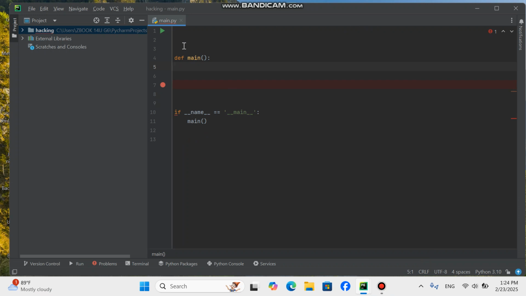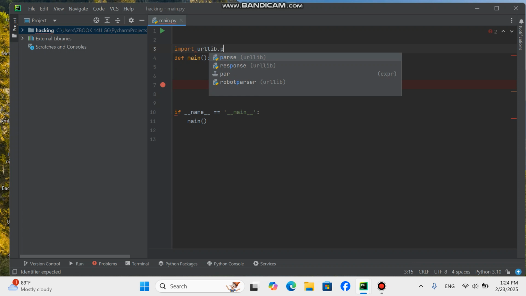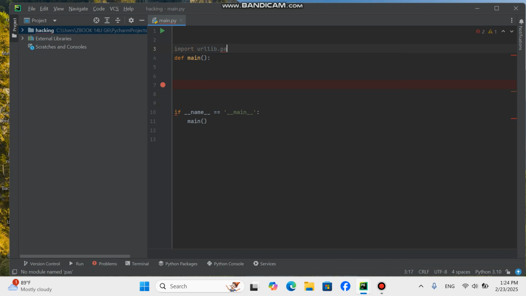So in this video, I'm going to show you how to quickly get to the back door of the popular website CNN.com. So in this video, I'm going to import the urllib. This urllib is going to allow us to get the universal resource locator of the website. I'm going to parse it. After parsing, I'm going to also make a request